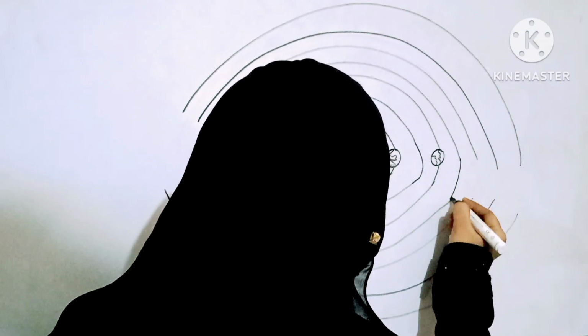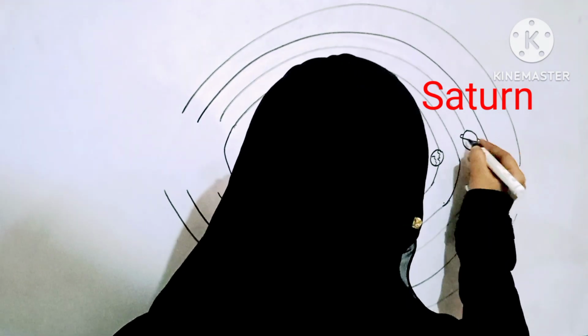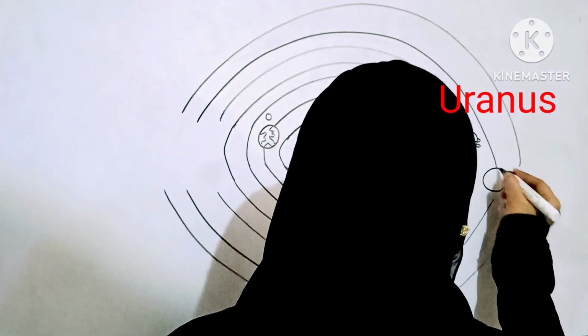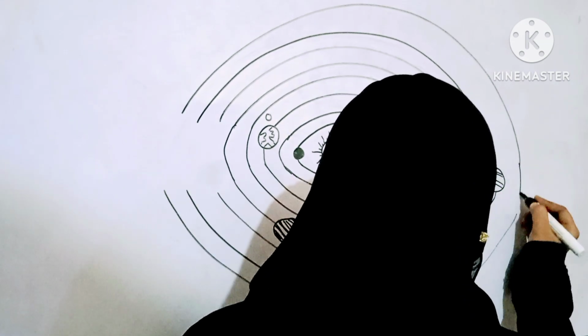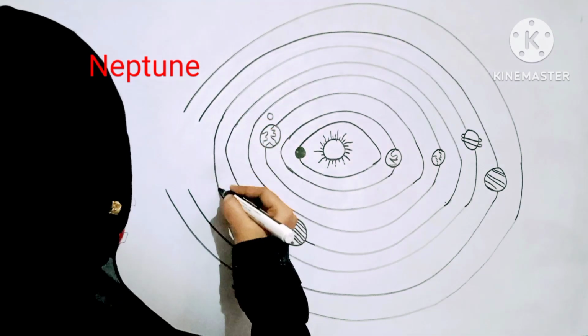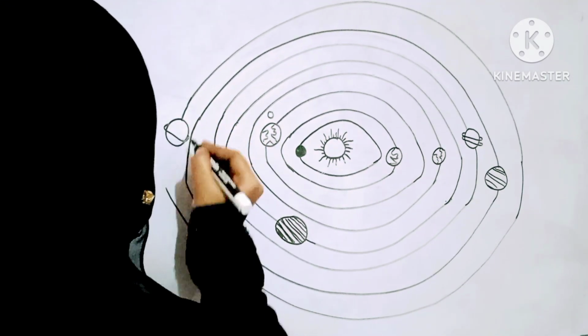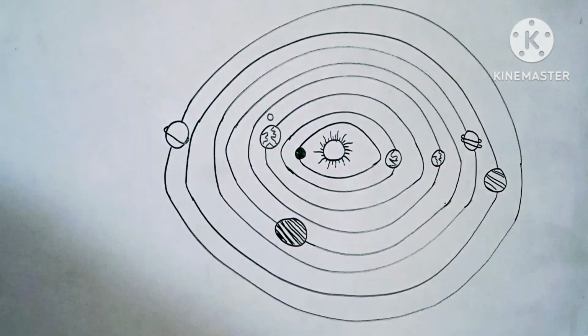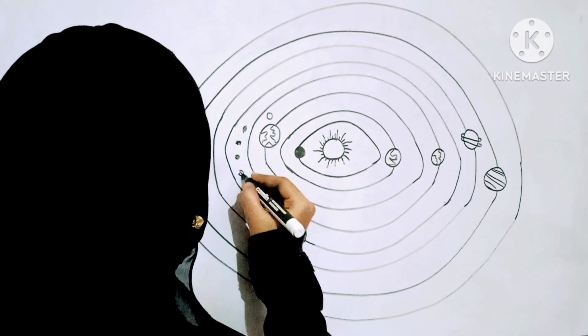And the sixth planet is Saturn. And the seventh planet is Uranus. And the last planet, Neptune, is very far from the sun. You can see in this picture all these planets revolve around the sun in a fixed path that is called